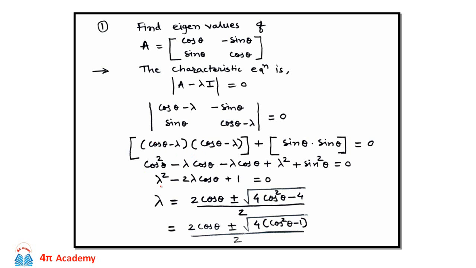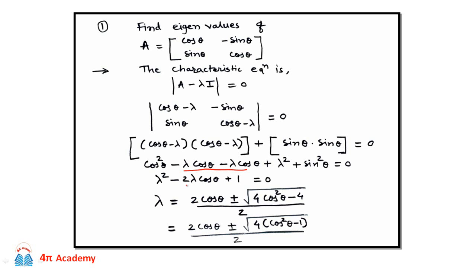So we get lambda square minus 2 lambda cos theta plus 1, because cos square theta plus sin square theta is equal to 1, and it is equal to 0. Now in order to find the roots of this equation, lambda is equal to minus b...